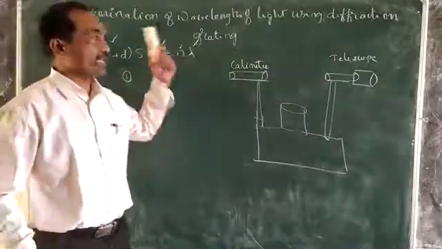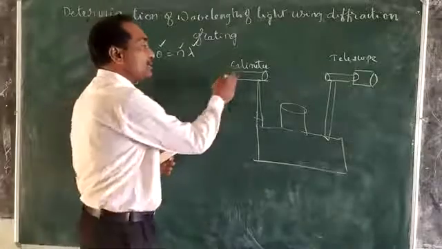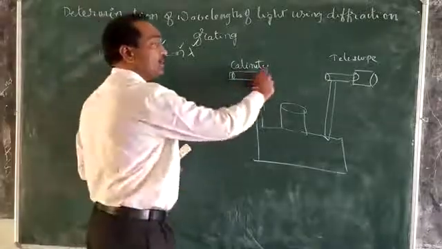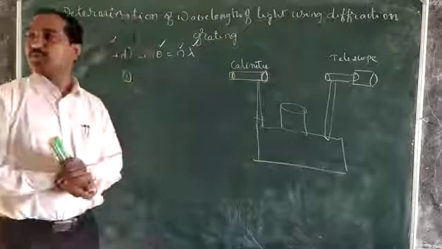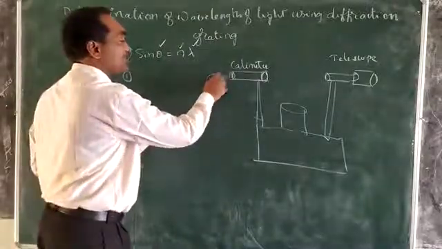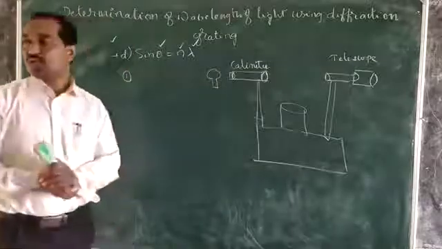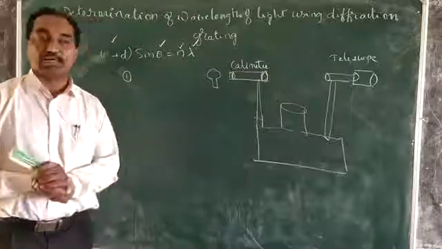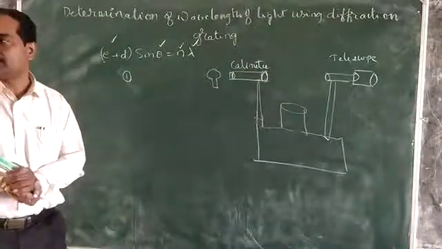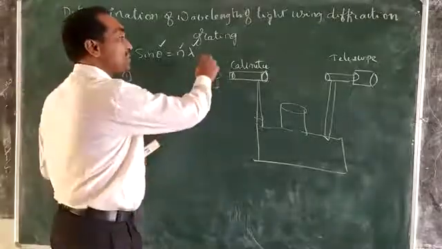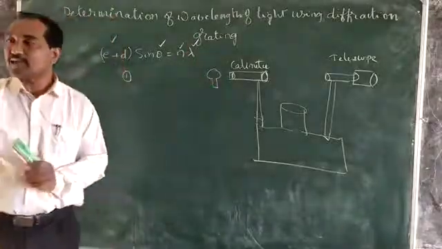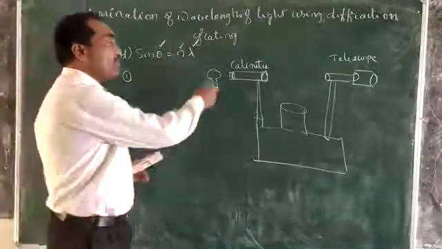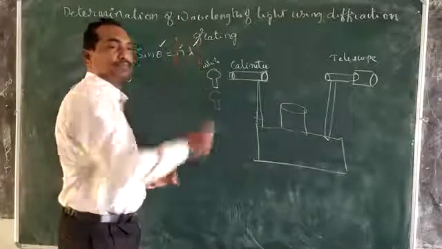So what is the first case? In the collimator there is a very narrow slit. There is an eyepiece or maybe a convex lens. A source of light will be placed in this space to determine its wavelength. Of course, in most cases we will use white light. A mercury lamp gives white light containing 7 colors, that is VIBGYOR. In some laboratories, a sodium vapor lamp gives only a single color, white with yellow color. In our laboratory we will use a sodium vapor lamp.